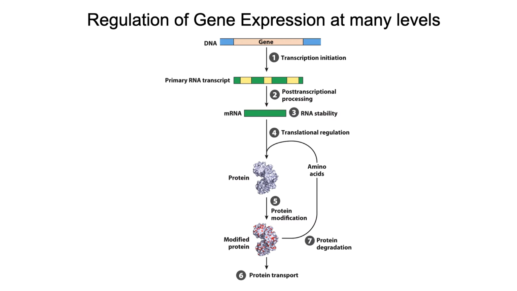Okay, so here we have gene expression. Now, gene expression includes the transcription of the gene within DNA into messenger RNA, and then the translation of that messenger RNA into protein. Okay, and then that protein is modified in various ways so that it's finally functional, and then that has a role in giving rise to a particular trait. Maybe the trait is to be able to metabolize lactose. Maybe the trait is to create tryptophan.